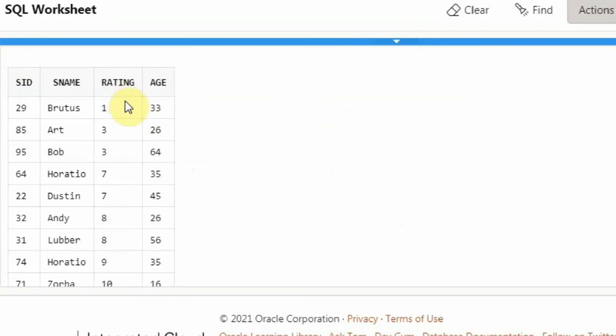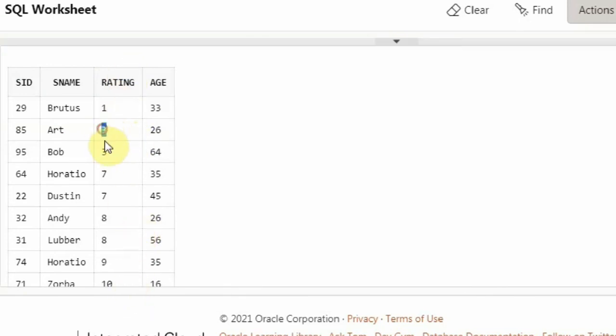See here, I have sorted the table in ascending order. I didn't mention ASC or DESC, and by default it is ASC, which is ascending order. But you can see that there are two people with the same rating, 3 and 3. For them, it has ordered based on the age, 26 and 64, which is also in ascending order.